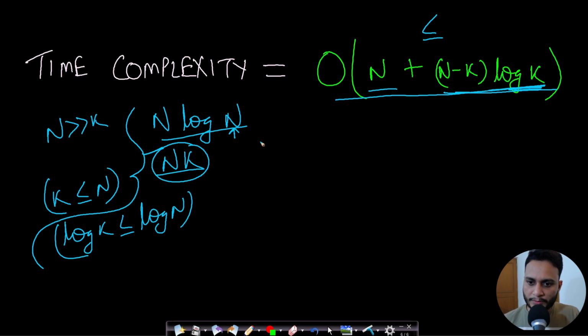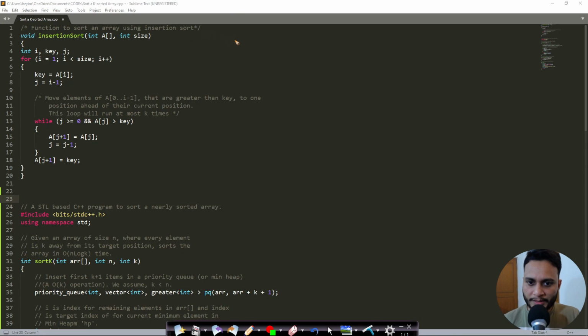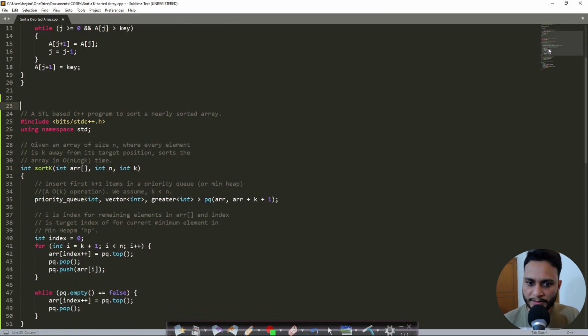Now let us look at the code for the insertion sort as well as the heap technique. I have taken both these codes directly from GeeksforGeeks. Okay, so in this case this is the first, insertion sort technique. Here we are given the array as well as the size of the array, and we are just ignoring the 0th index element, and we will be starting from the first index element, and performing the insertion sort from the first index to the n minus 1th index, right? So this I have already explained, and the same algorithm has been applied here using insertion sort. So I think this code will be self-explanatory.